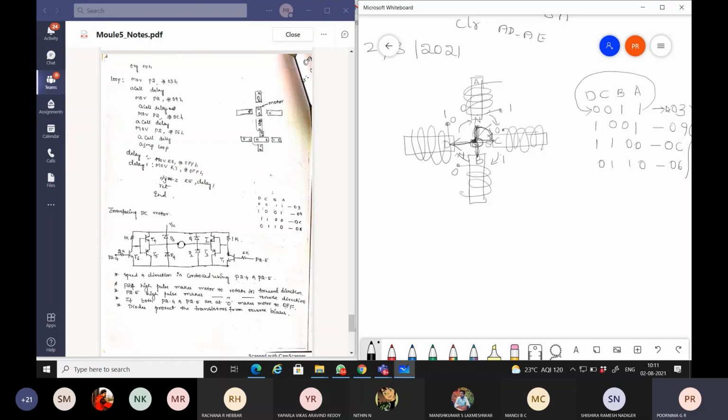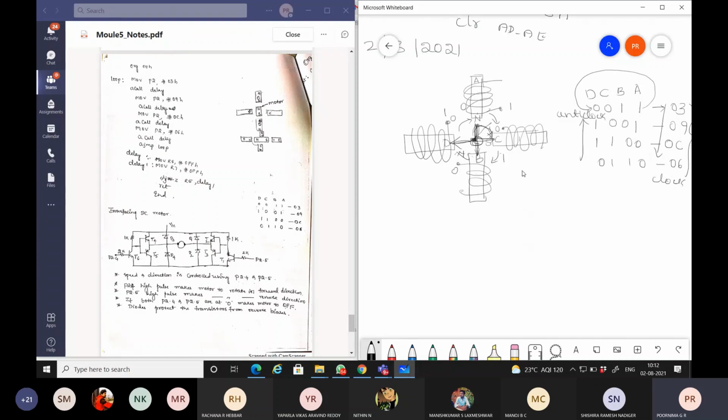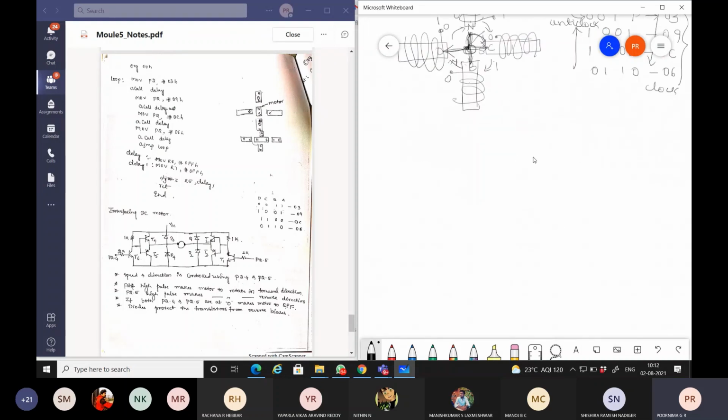So this will be for a forward direction or clockwise direction, the energizing coil codes you need to send, and for anti-clockwise you submit these codes in a reverse way. So in that case the stepper motor will rotate either in the forward direction or in the reverse direction, counterclockwise or clockwise. Now after we calculate the 4 coil excitation codes, we have to go for writing a program.